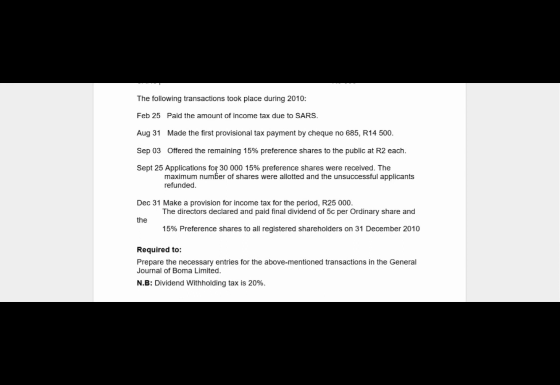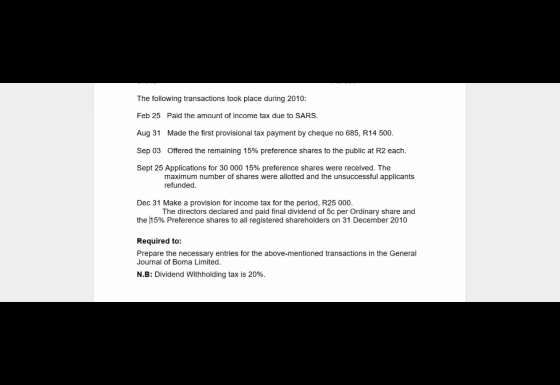September 25, applications for 30,000 15% preference shares were received. The maximum number of shares were allotted and the unsuccessful applicants were refunded. And then on the 31st of December,